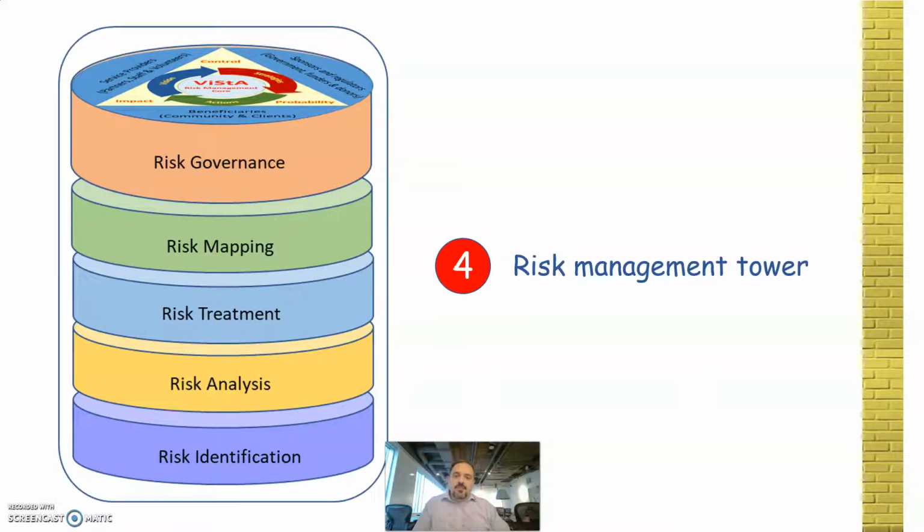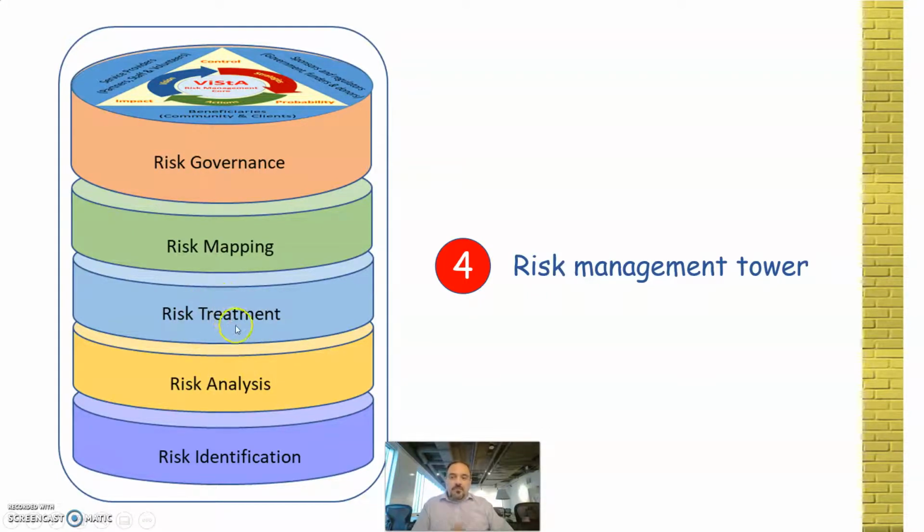And finally, this is the fourth level. As you can see, the first three stages, the ViStA circle and the triangle and the stakeholder circle. And then we have those 5 layers. At the bottom, we have the risk identification. Everything starts with identifying the risk, negative risks and positive risks. The second phase is risk analysis. You have to analyze because you have to prioritize risk. You cannot focus on hundreds of risks at the same time. You can only focus maybe 5, 10 risks. So you have to analyze and identify which ones are more important for your organization.